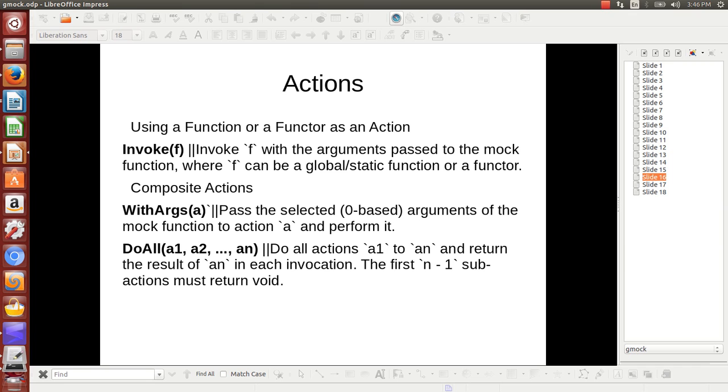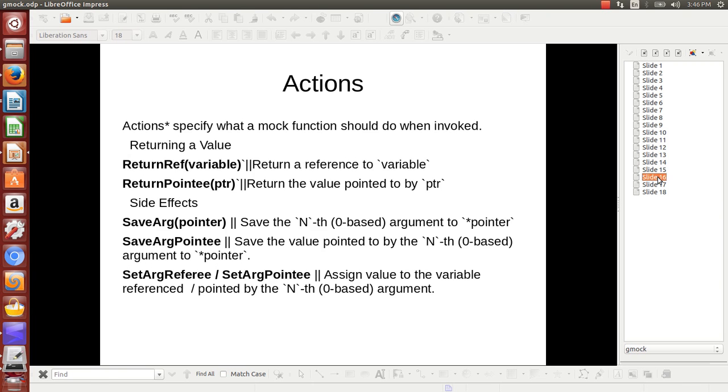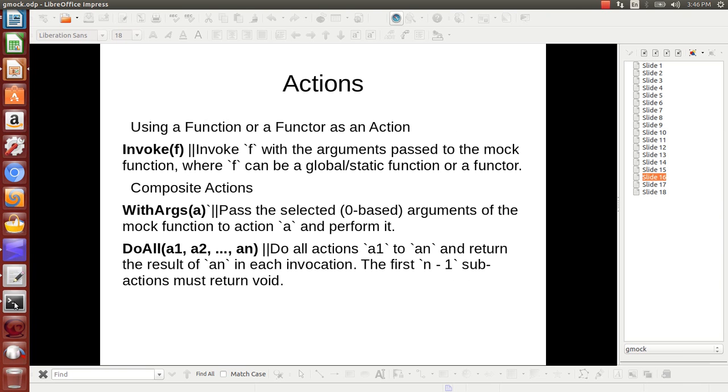You can specify not just one action, but 1 to n actions to be performed on the mock functionality. So we shall see all the examples working now